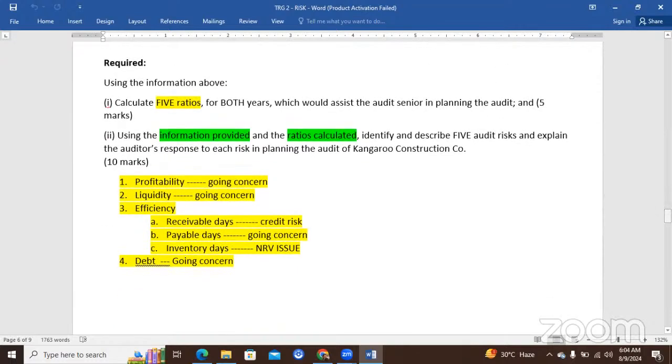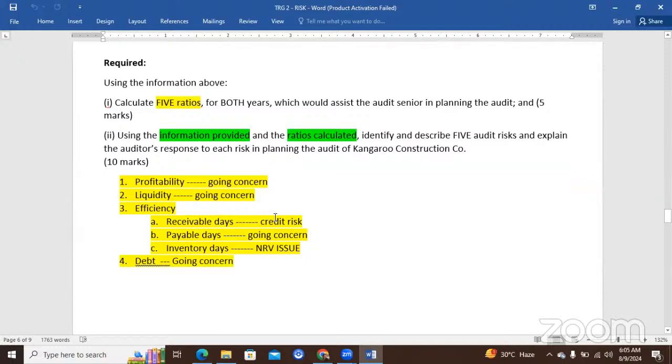Now concentrate. I'll give time to copy. Wait. See here. When we are talking about efficiency ratios, there are 3 types. 1 is receivable days, 2 is payable days, 3 is inventory days. What are the 3 efficiency ratios? Receivable days, payable days, inventory days. If we calculate receivable days,